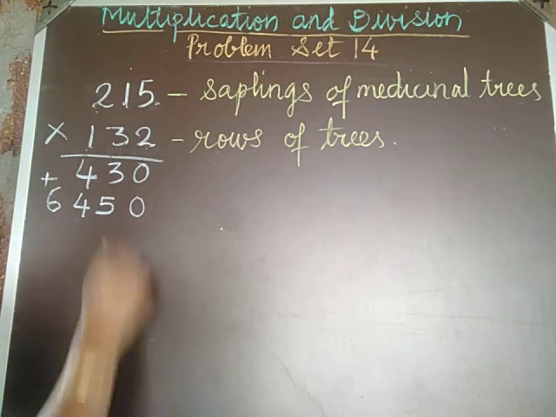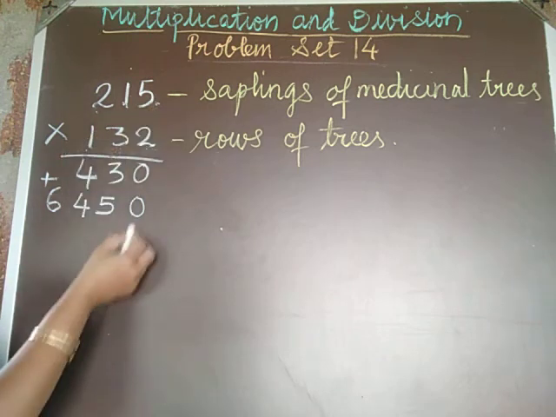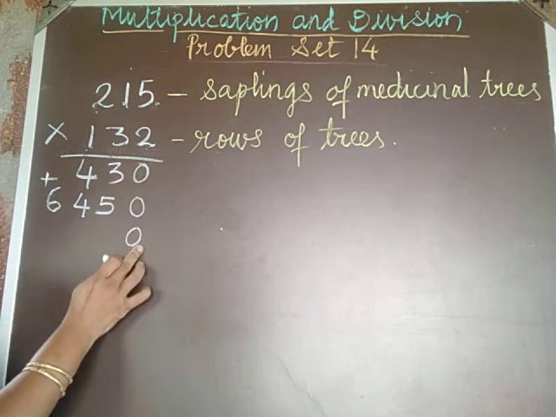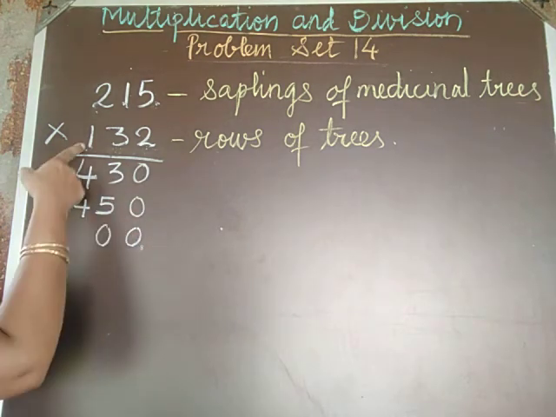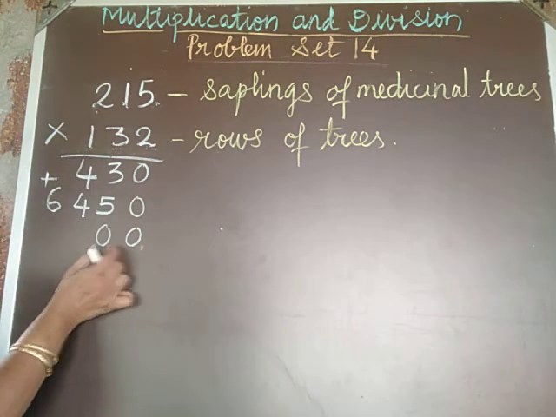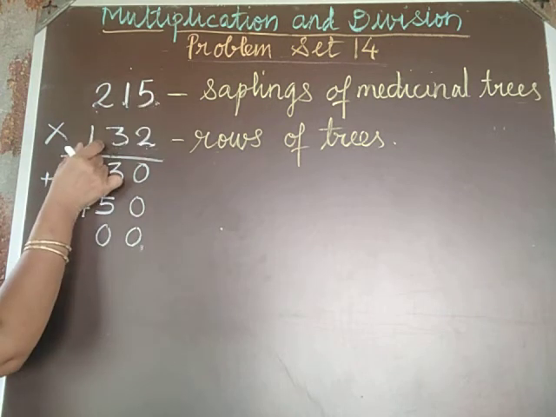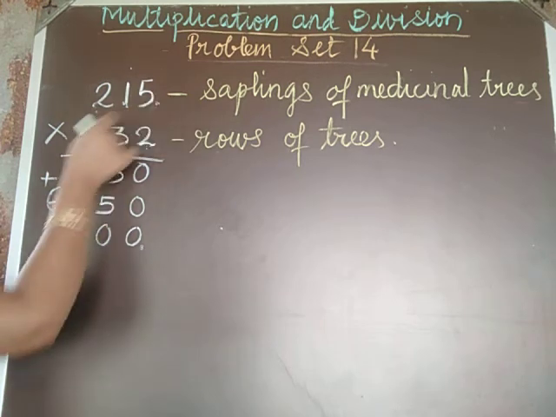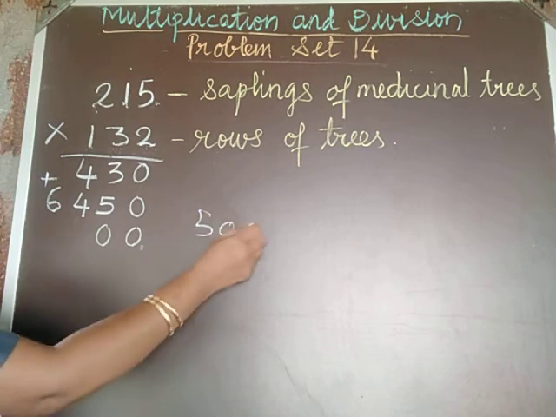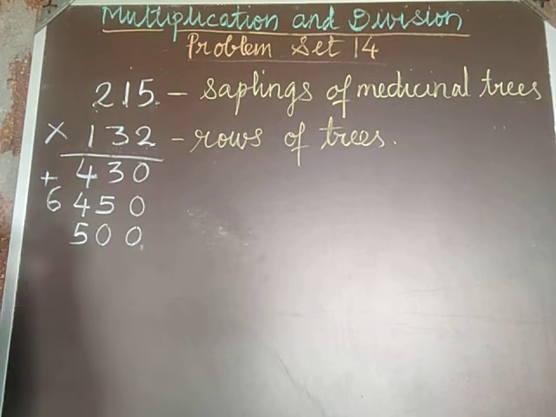Fine, students. Now next one is 1 fives, or 5 ones, are 5. But before you write the answer, you have to place zeros under the unit place as well as under the tens place, because we have now gone to the 100 place. So in these unit and tens places you will write 0 0. Now when you are multiplying 1 fives, actually you are multiplying 100 by 5. 100 multiplied by 5 becomes 500. Correct? So 500 you are getting. So you have already written 0 0 here. So what is remaining now? 5 is remaining. So that you will write here.